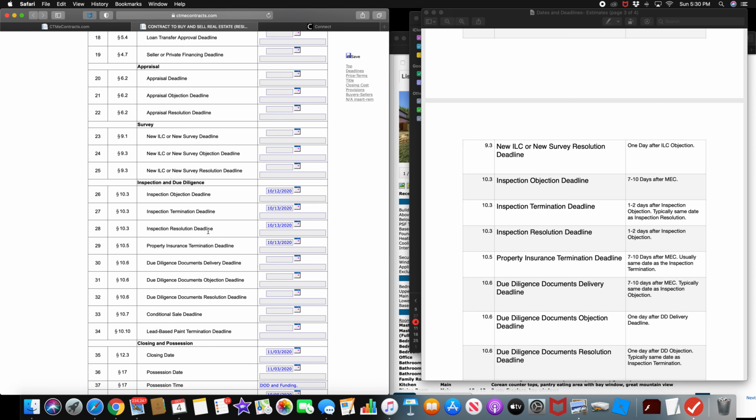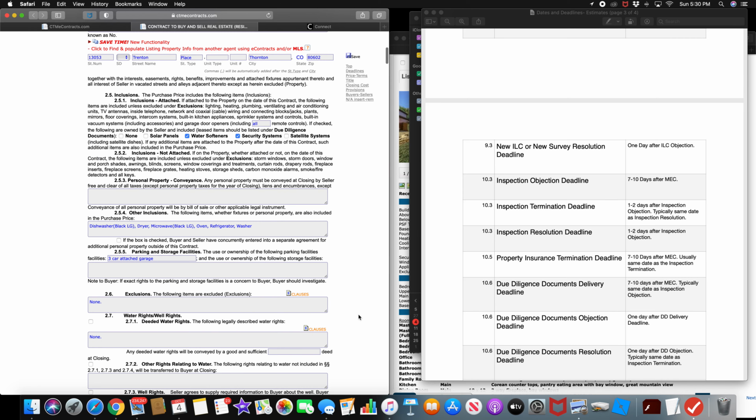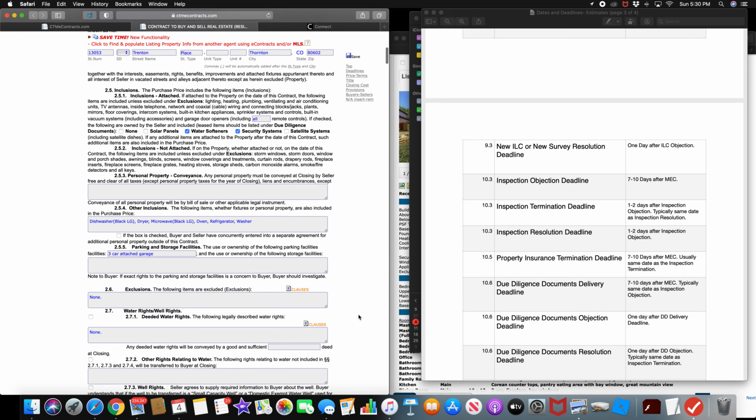So in this same time, they're inspecting the property, they're shopping around for property insurance, all that good stuff. Okay, so due diligence documents, deadlines. This is going to be like all the manuals on the furnace. They got a water softener. They got some of those things here that were stated in the